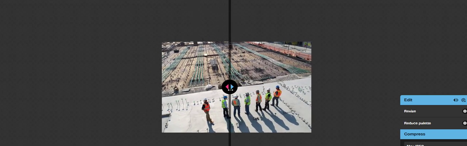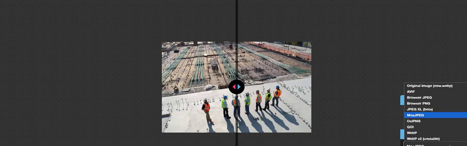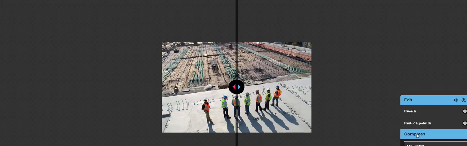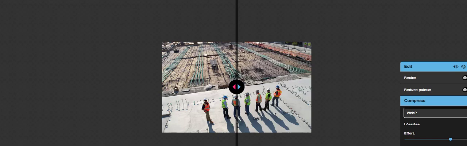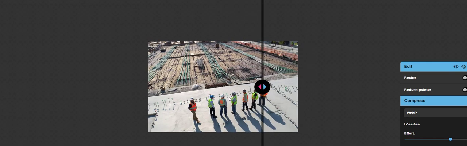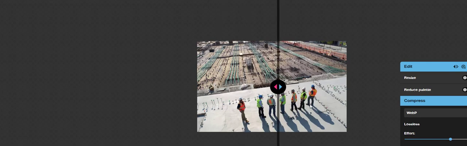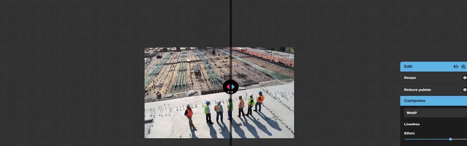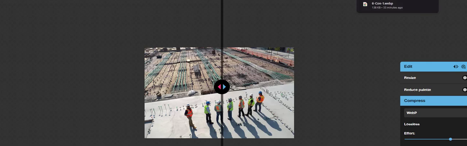What I would like to do is change this to WebP and then make it 80%. You can see the difference by dragging it. But I can see no difference, so let's download that one.